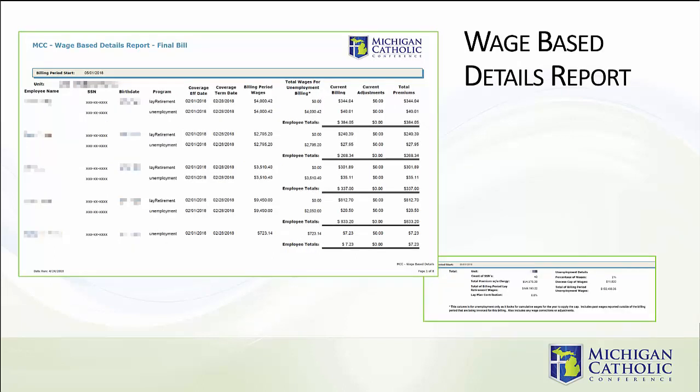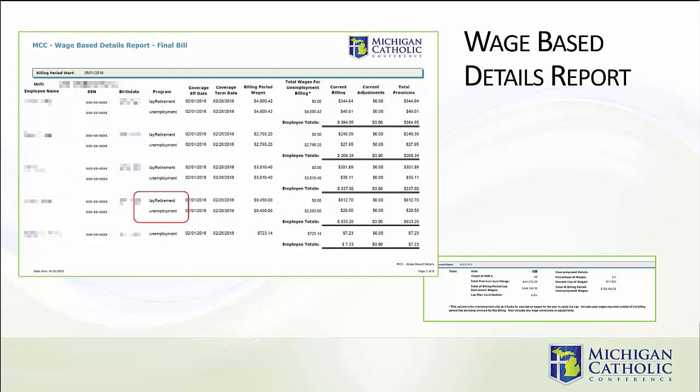The wage-based details report is an itemization of your employees' unemployment charges and lay retirement contributions. These charges are based on each employee's reported wages. Because these premiums are based on the employee's wages, the coverage period is for wages earned 2 months ago. Again, each participant is listed individually,